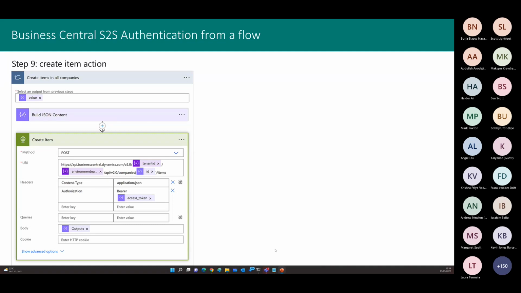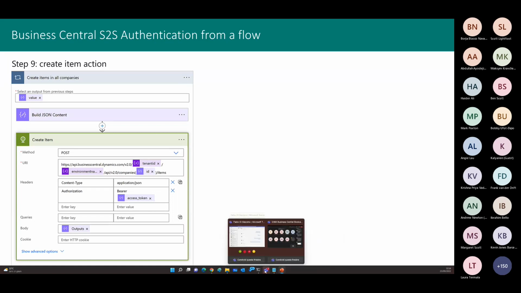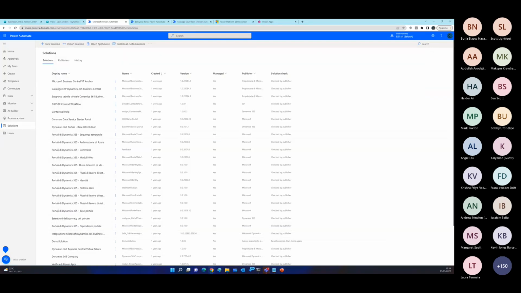Or one last input that I want to leave, which for me is absolutely very powerful. Remember that Dataverse is a universe. So in Dataverse I can create plugins. I can create custom APIs, custom Dataverse APIs. And I can do something like, for example,